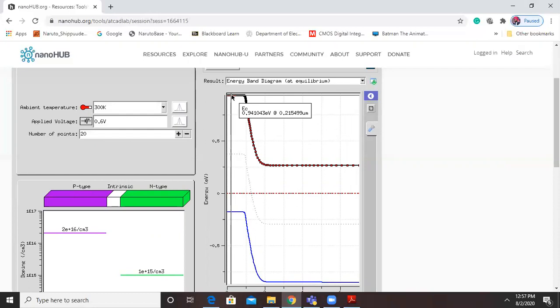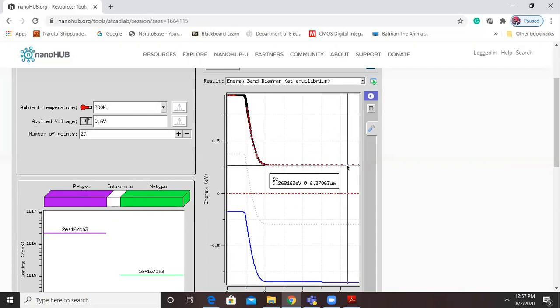So the difference between this energy level, that is EC, and this energy level over here is my built-in potential. Basically the height of this upper conduction band is your built-in potential.